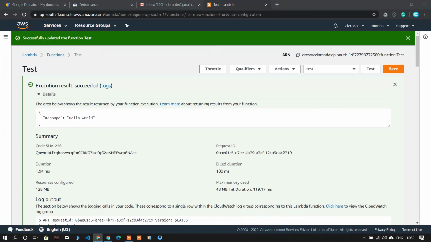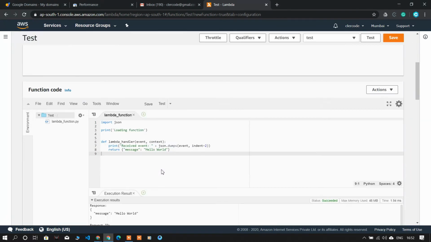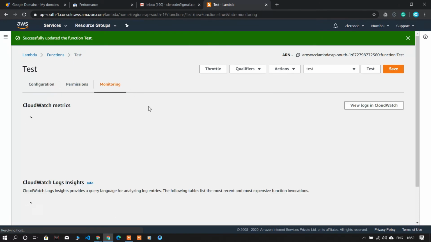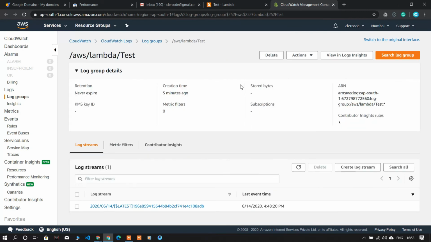Next what we are going to do is see how it is represented in CloudWatch, meaning how CloudWatch is monitoring our function. Click on view logs in CloudWatch, and it will open your function's CloudWatch. As you can see, in our CloudWatch there is a log. Click on that and here is the log